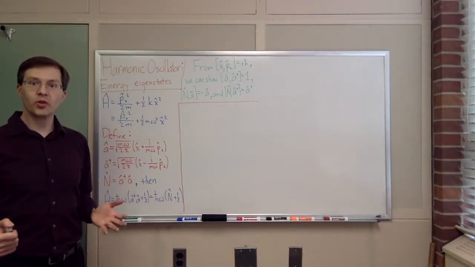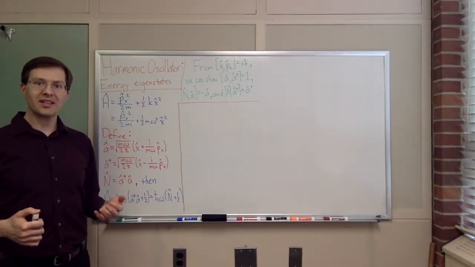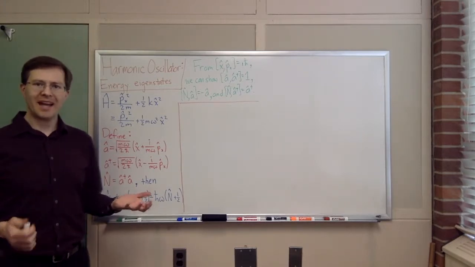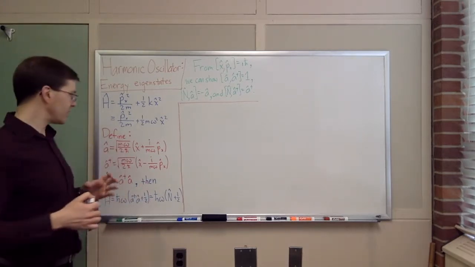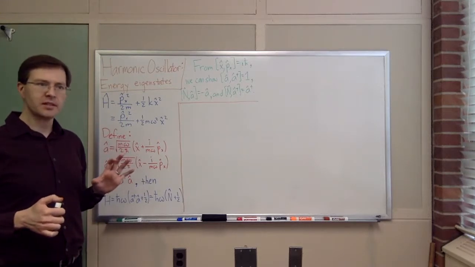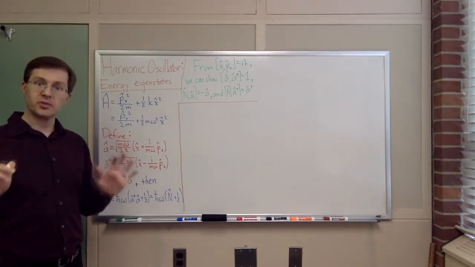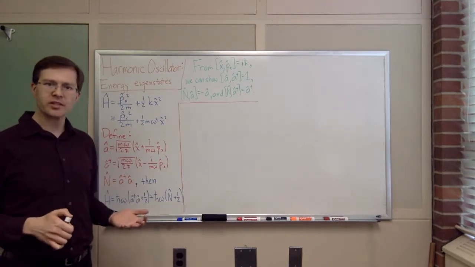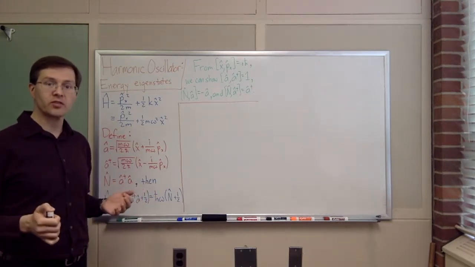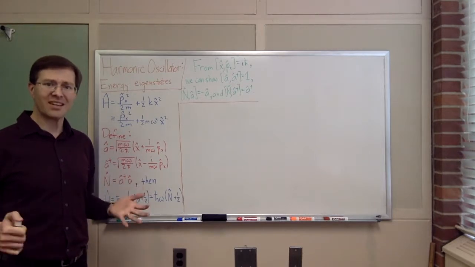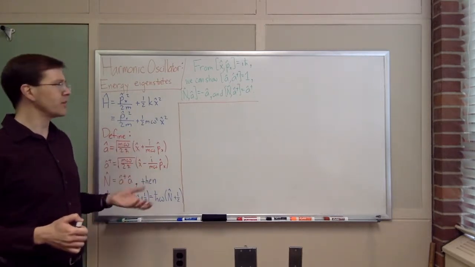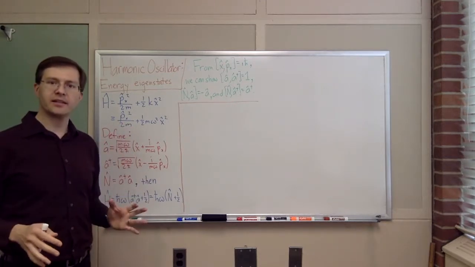I want to work through the way that we can figure out the energy eigenstates of the simple harmonic oscillator in quantum mechanics. And I'm going to use a technique using some weird operator methods rather than differential equations, which you could also do. But using operator methods, I've seen this credited to Dirac originally. I don't know for sure whether that's true, but whoever came up with it, it was really clever. It's a sneaky way of rewriting your operators in a clever way that makes it easy to find the energy